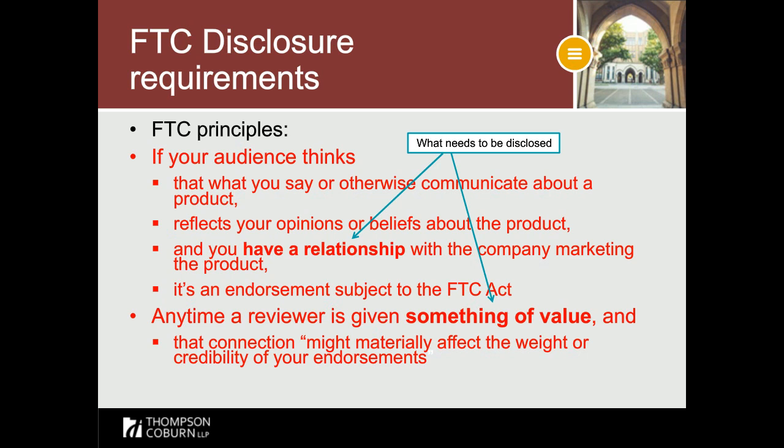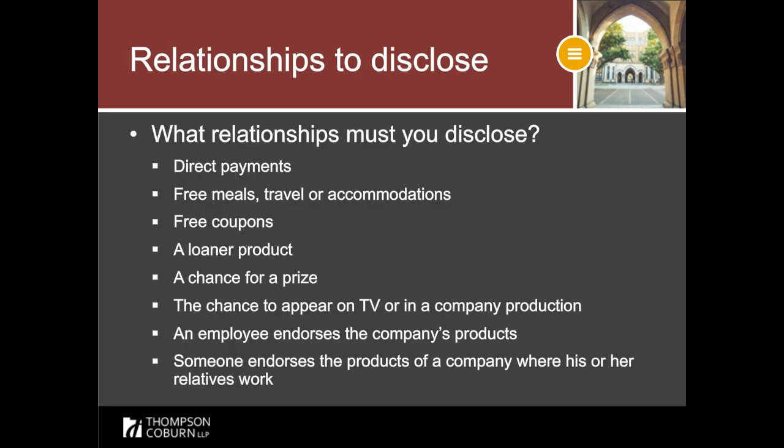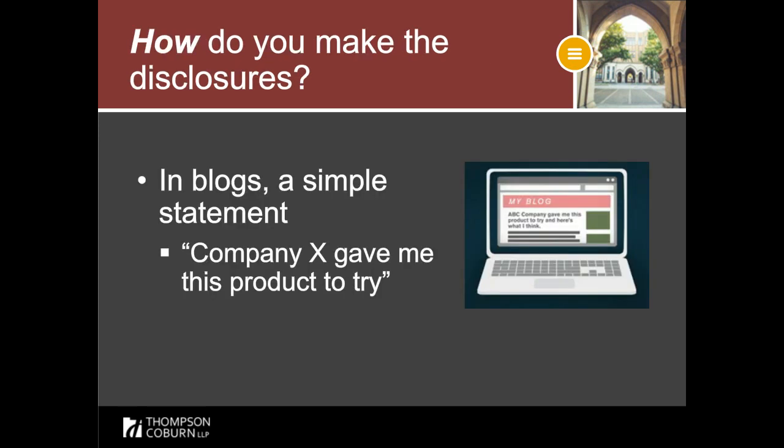So what kinds of relationships? Pretty much anything from receipt of sample products to anything more. So anything where you've got an advantage over members of the general public in connection with this company, you have got to disclose. Now, again, the rule was written in the sort of ancient days before social media took over